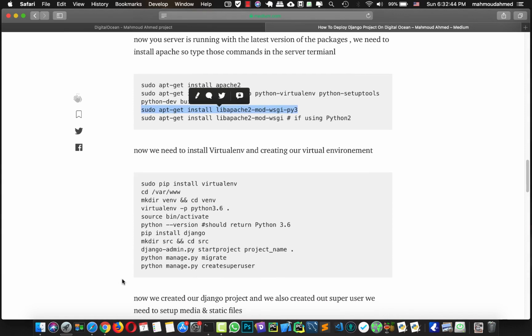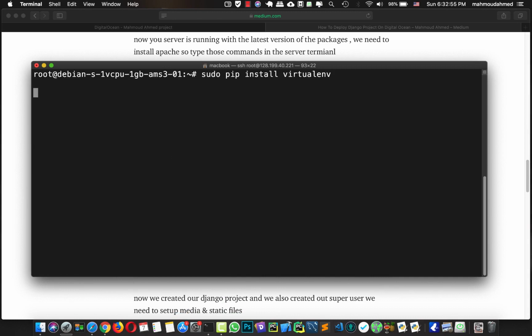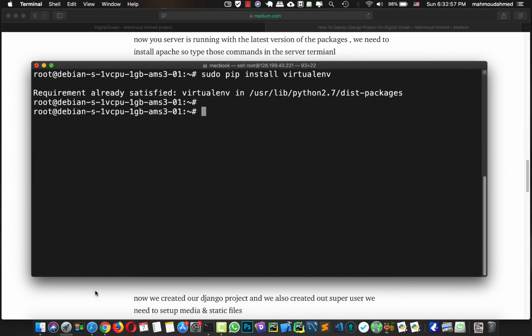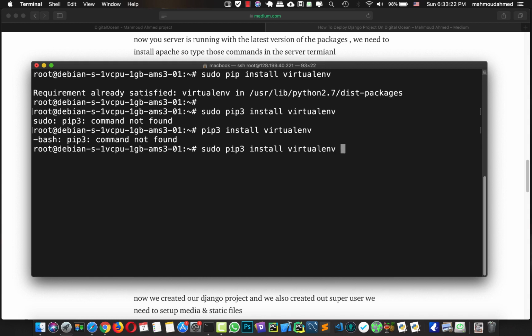Then let's move down. So now we need to create our virtual environment and start creating our project. So first of all, let's install the virtualenv package to enable us to create a virtual environment like this. So now requirements are satisfied, but this virtual environment is already installed on Python 2. So we need to run this on Python 3. So we're gonna say pip3 install virtualenv. So there is no pip3, so let's go to the command before,